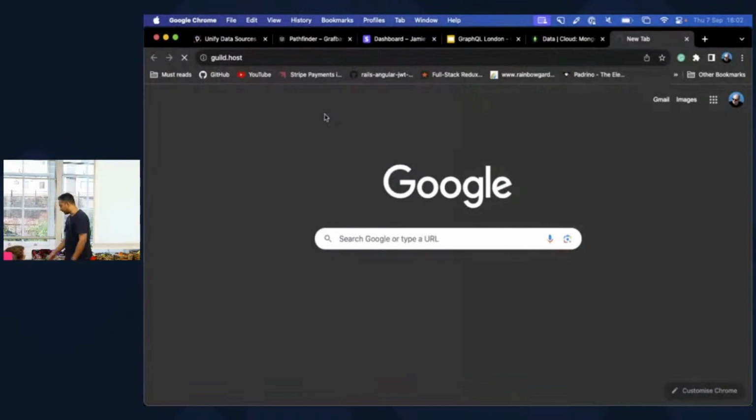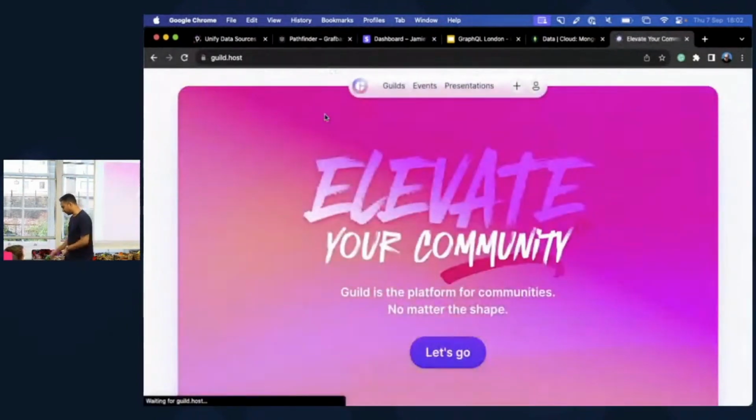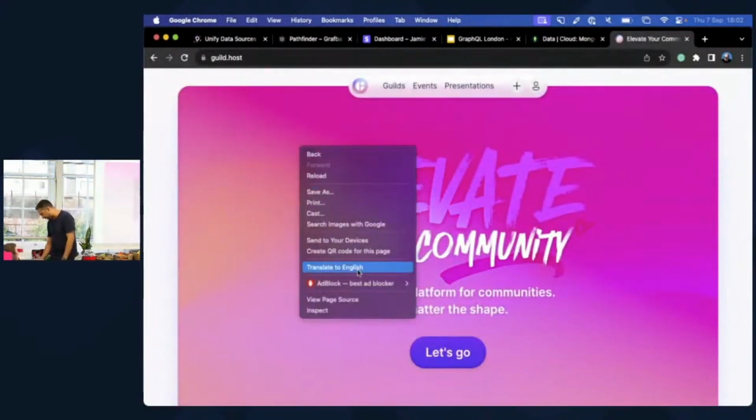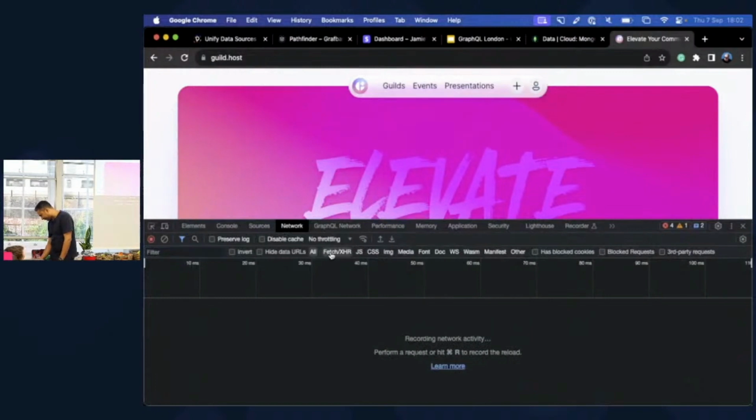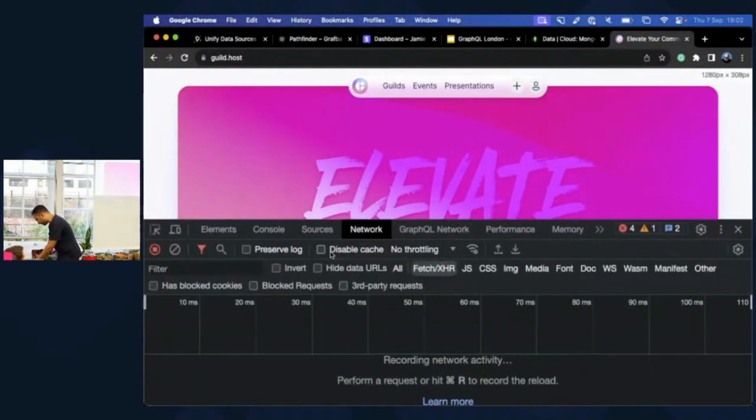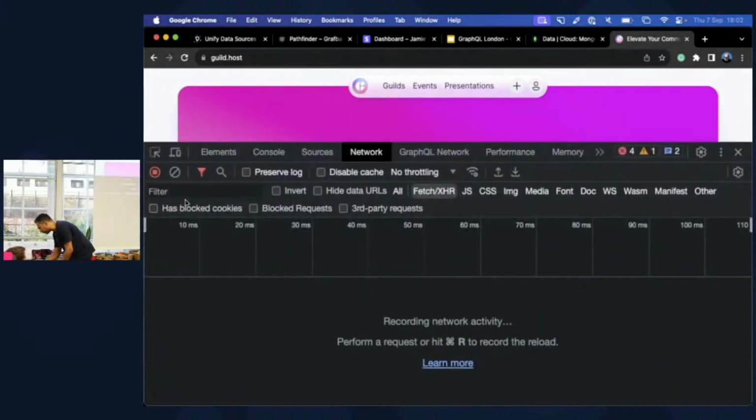And so we'll open up guild.host, and hopefully it loads pretty fast. There we go, lovely. And let's open up DevTools. And so essentially, and I'll make sure this is a bit bigger. Let's look at that, shall we? And let's pull this up a bit and type in GraphQL over here. So if I refresh the page,